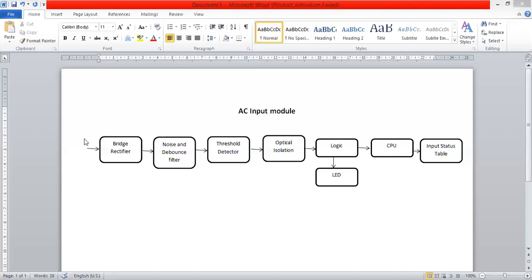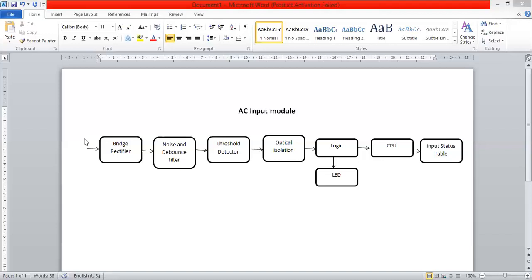The output of the threshold detector is given to the LED, and the LED light falls on the optical transistor. So this transistor converts these rays into voltage.